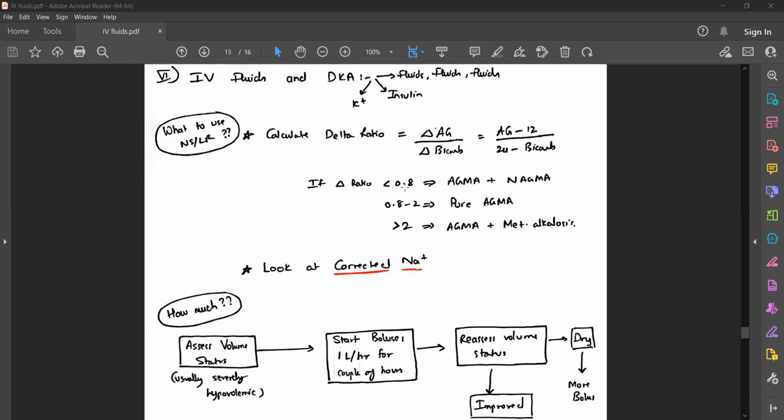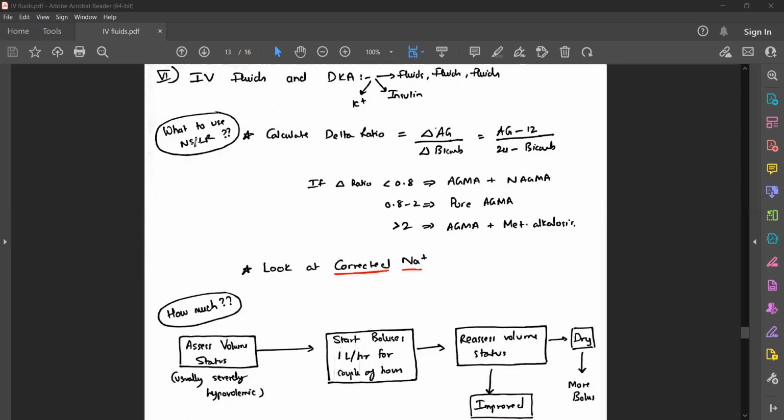If the delta ratio is less than 0.8, it means that the patient has anion gap metabolic acidosis and non-anion gap metabolic acidosis. If the delta ratio is between 0.8 and 2, that means the patient has pure anion gap metabolic acidosis. If the ratio is more than 2, then that means that the patient has anion gap metabolic acidosis and underlying metabolic alkalosis. So what it tells you over here is that this ratio will help you judge which